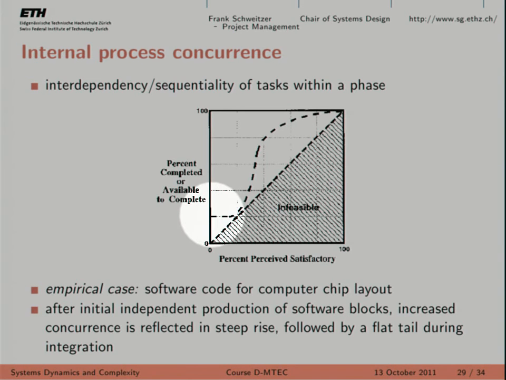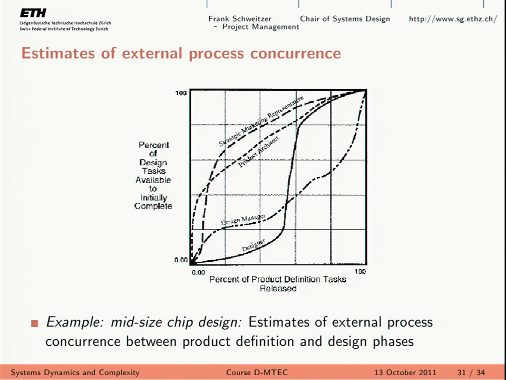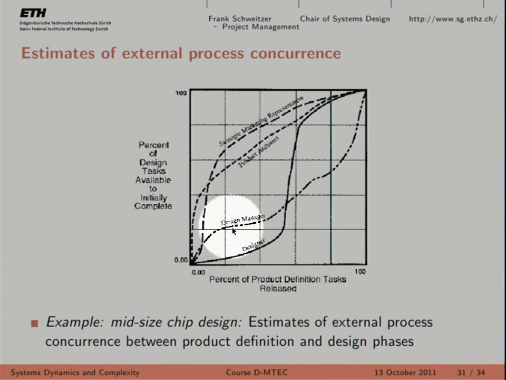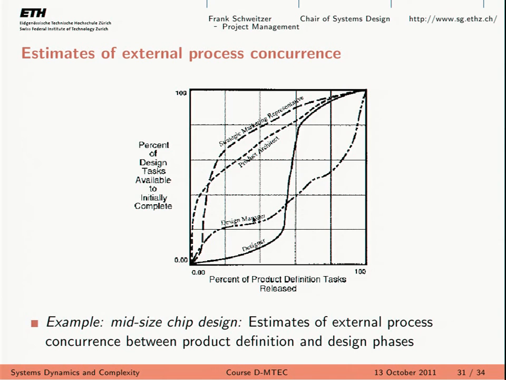I just want to finish with that slide, which is one of the last slides. And we'll talk about these slides in the self-study, actually. I will explain them in more detail, but this is actually a very nice slide. What it shows you is different phases of your project. And you know that different phases can be done concurrently. Let's say some of the design phase can be done concurrently with the production phase.